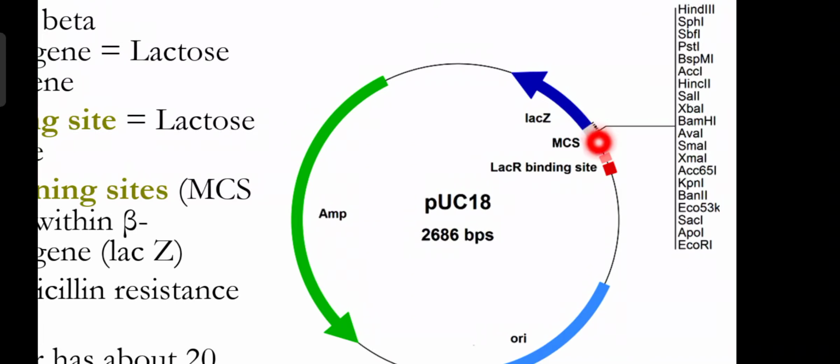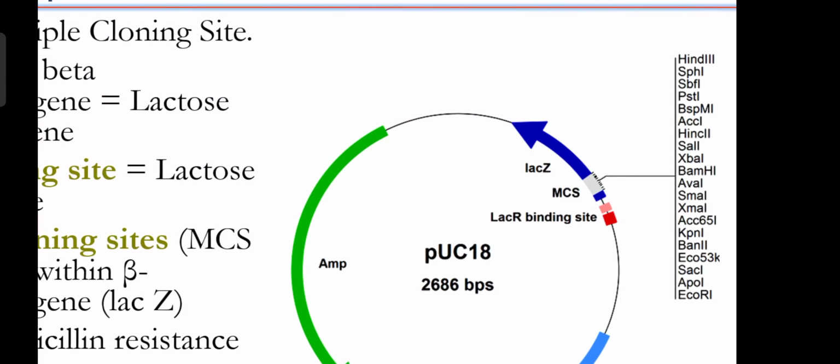So here you can see this polylinker, that is multiple cloning site, has these restriction enzyme sites. So these are the names of restriction enzymes, and these enzymes can make a cut here, and after cutting and making a space in this vector,